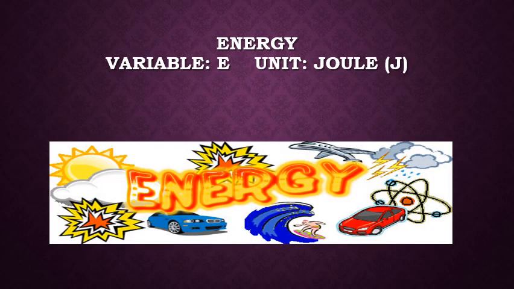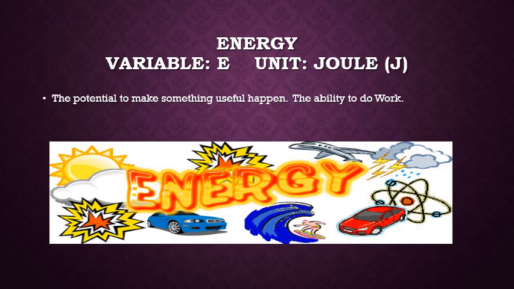Energy is going to be a new variable for us in this unit. We're going to use the letter E to represent energy. And the units for all energy values are going to be the joule, or capital J. A joule is actually made up of a combination of the other units. I don't want to go into those details right now, but would be happy to help you individually if you're curious about that. Our definition for energy is the potential to make something useful happen, or the ability to do